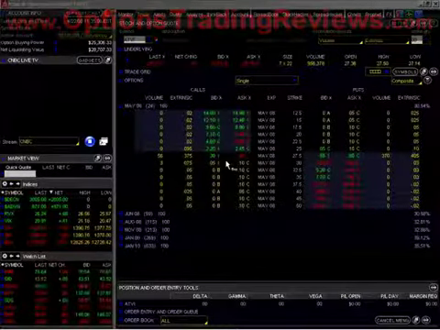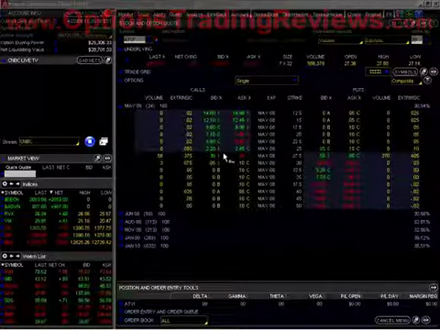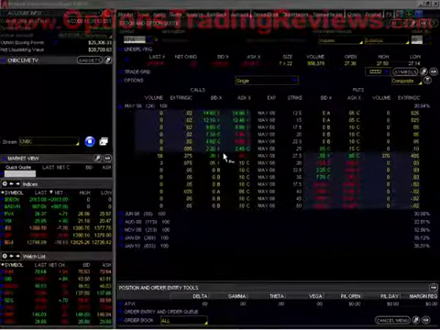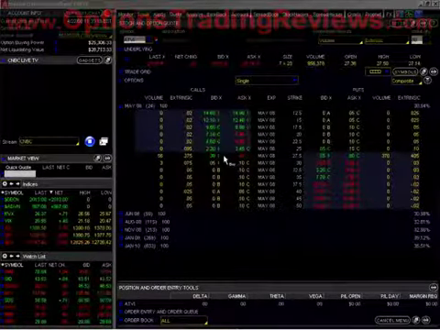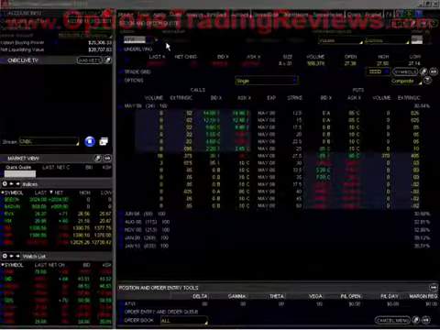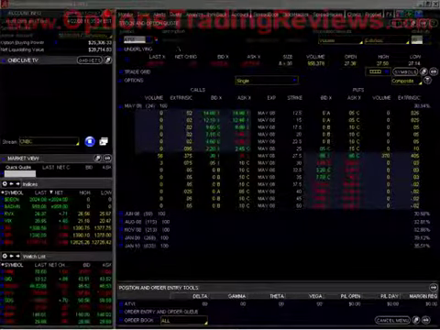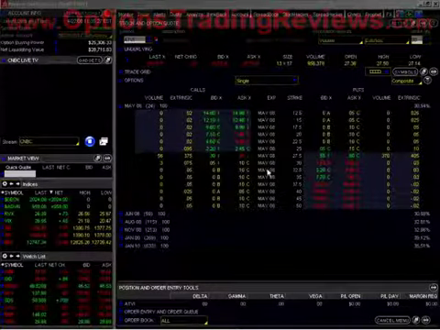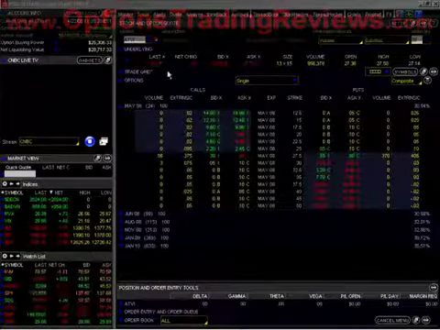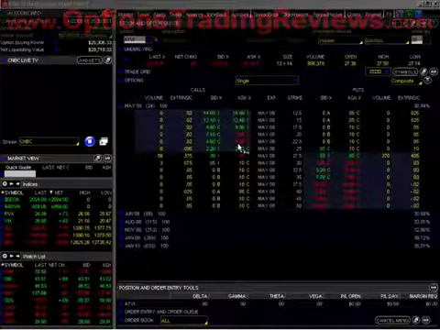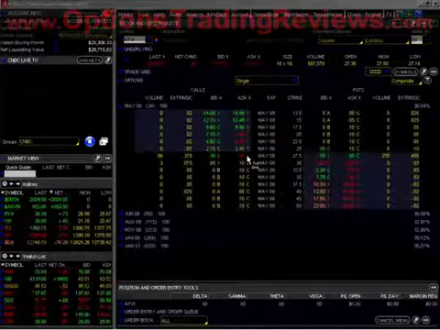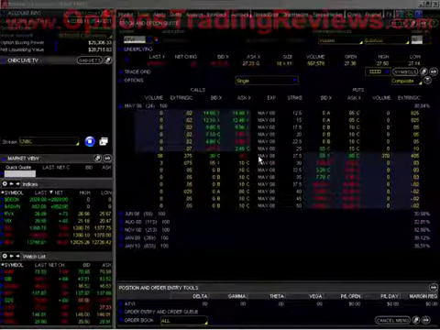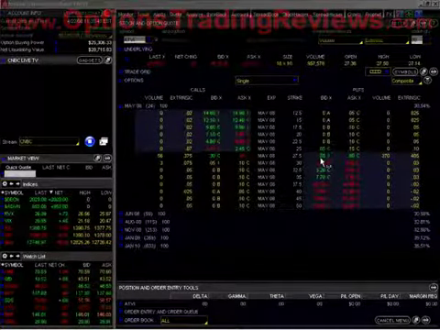Let me give you an example of how we actually try to make our money in the markets as a business. All we're doing is really meeting supply and demand. Let's take, for example, a stock such as Activision, which we have on our screen right now. The symbol is ATVI. It's currently trading at $27.23, down 27 cents today. Now, for the most part, you have people in the market who believe that ATVI, Activision stock, is going to go up. You have other people who believe the stock is going to go down,